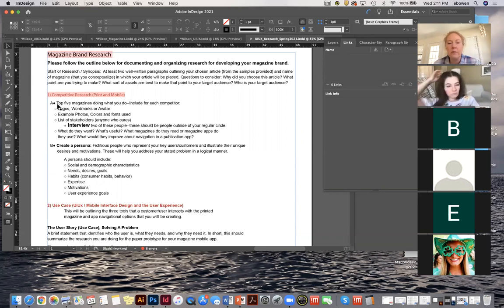Research their logos, their typefaces, colors, their fonts, think about their stakeholders. So for your stakeholders, most people are kind of confused with what stakeholders are. A stakeholder is anybody that would care about what you're doing, anybody that would care about the magazine that you're producing. So I do want you to interview 2 stakeholders